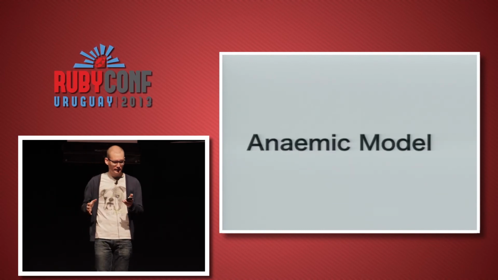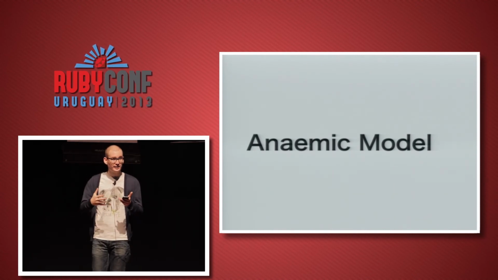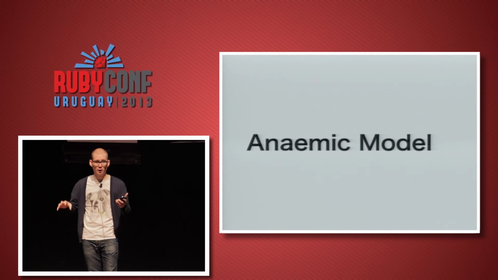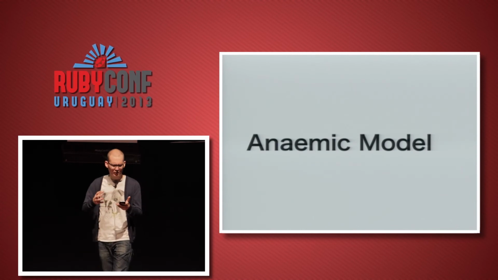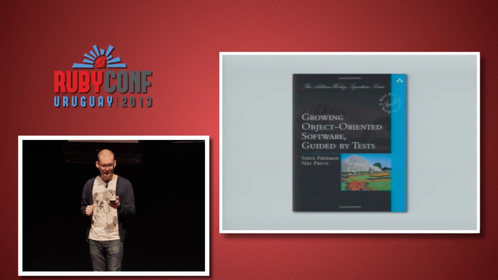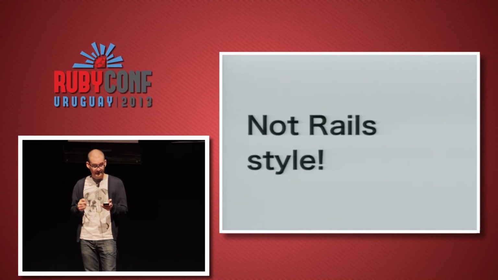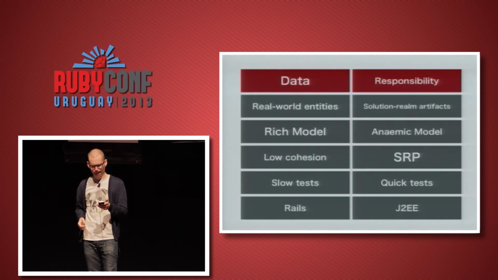On the other hand, this style leads to what is called an anemic model, in which the data and the logic that operates over that data are in different places, in different objects, which might be considered a problem of encapsulation or even low cohesion. This style has gained popularity, in particular in the Java world, and this book explains it brilliantly. And just in case you didn't notice, this is not the idiomatic way of doing things in Rails.